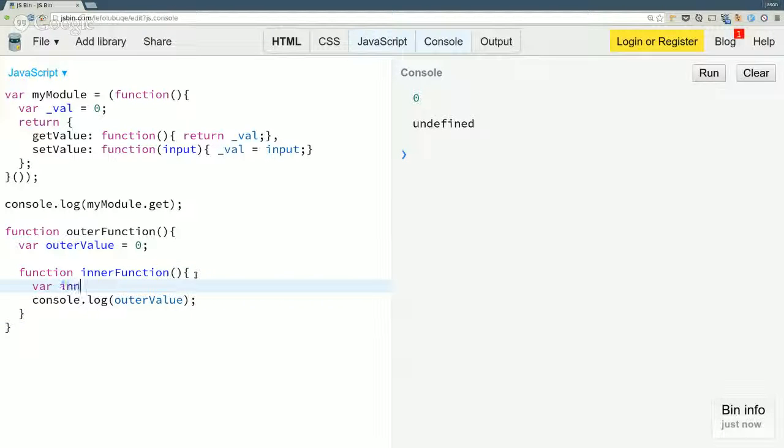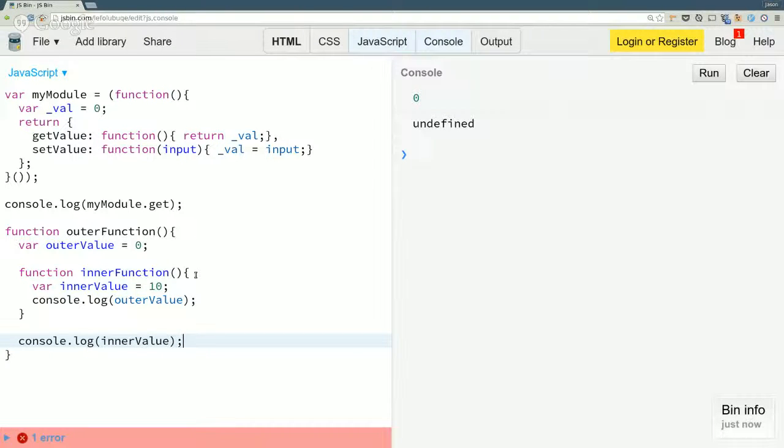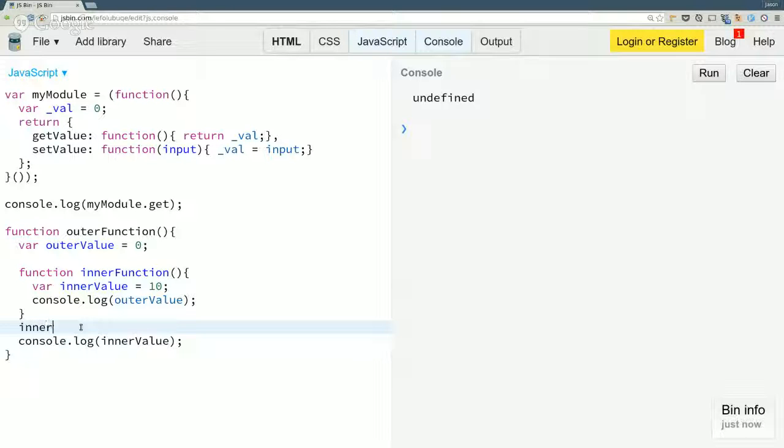What I cannot do, if I have an inner value equals 10, is access it from outside. Let me run this. Oh, I have to invoke innerFunction. You have to return something.